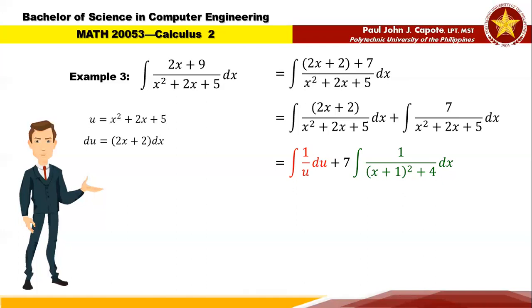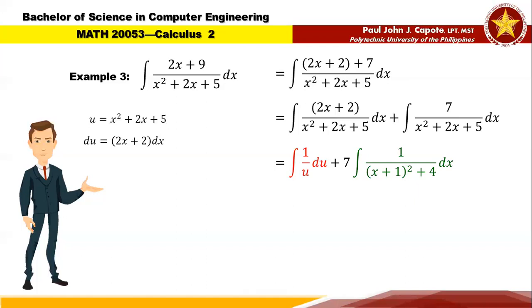And this can be expressed as a logarithmic function, the integral of 1 over u du, plus, evaluating the second integral, we have 7